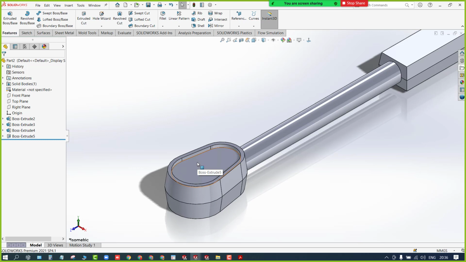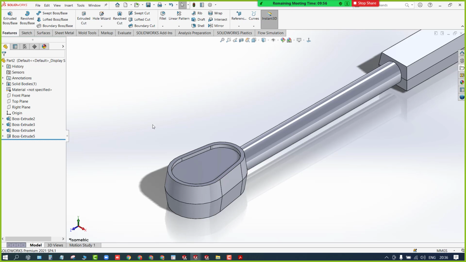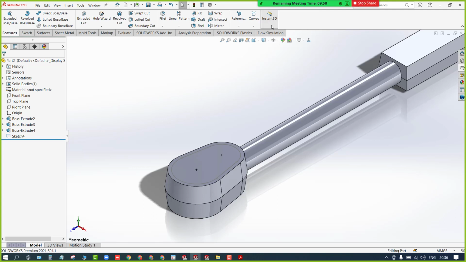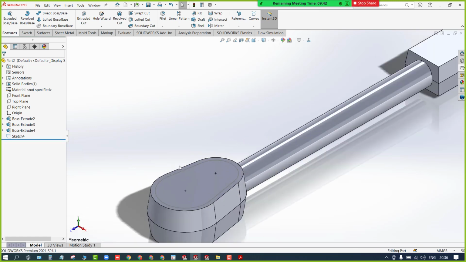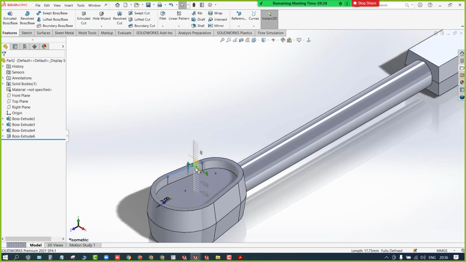Any doubts? Oh, 10 minutes remaining. Control Z. Delete this. See, this 3D instant app is active. If it is active, you simply need to select the sketch. Once you select this, you can see this icon, the 3D instant icon. So you can drag it up. If you drag it up, it's going to create the extrude. If I drag it downwards, it's going to create the cut. So I need up to 2 mm cut. Done.